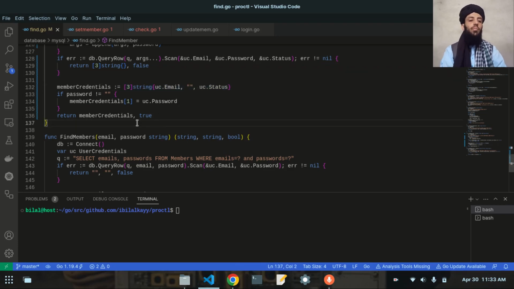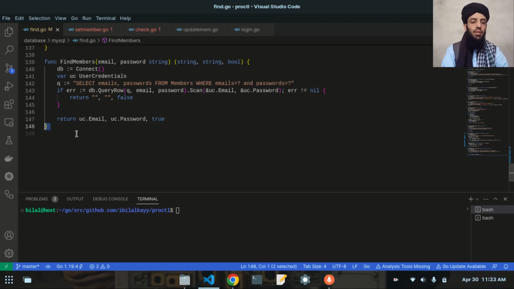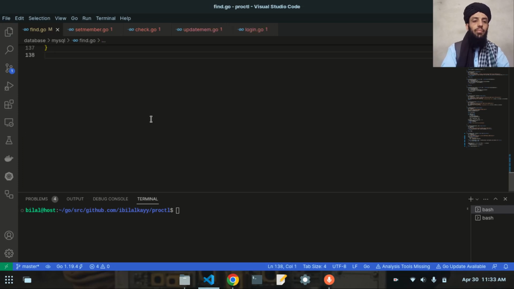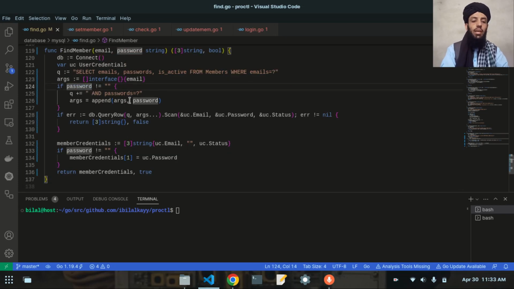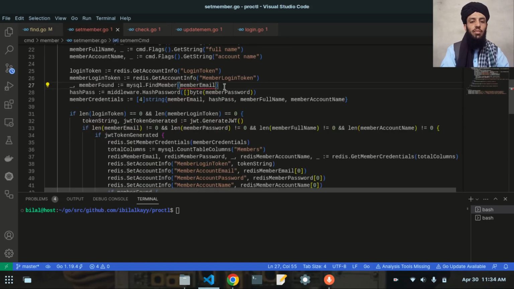All right. So let's save this, and now what I need to do, I need to delete this members also, because I don't need it here. And this function will work the same in all these files. All right, so I need to just update these files, and as you can see here, this is only requiring the email address. So I will not put the password here, instead I will put the empty password, because